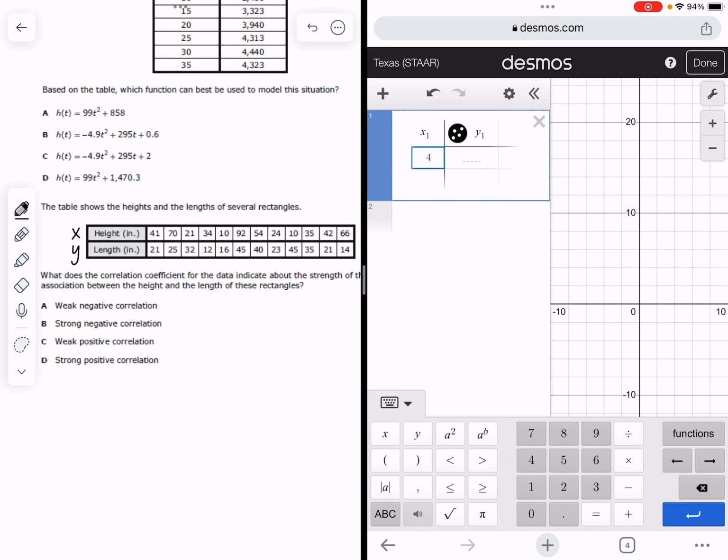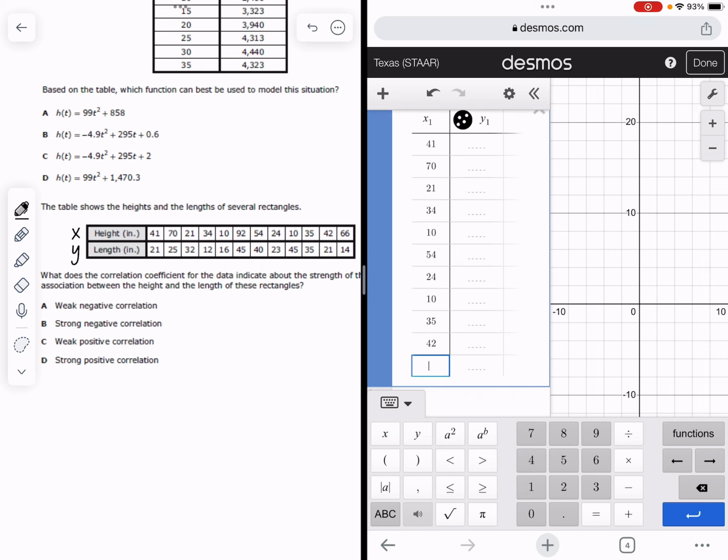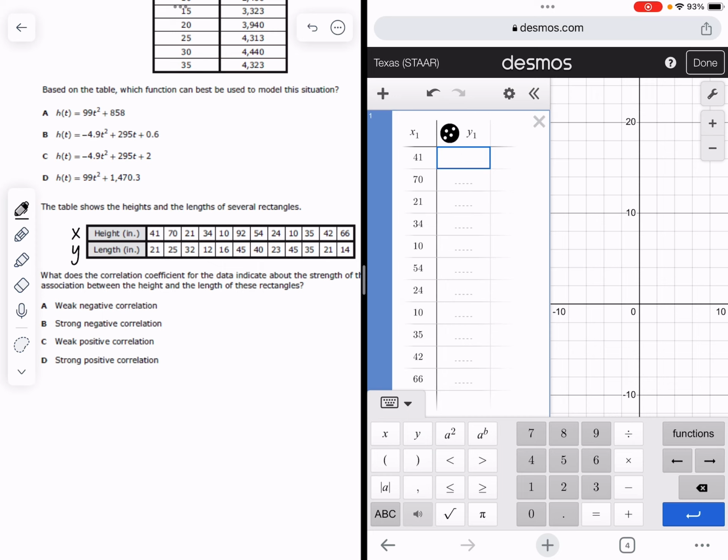And so every single one of them, 41, 70, 21, 34, 10, 92, 54, 24, 10, 35, 42, 66. Okay, and then for the y's, 21, 25,